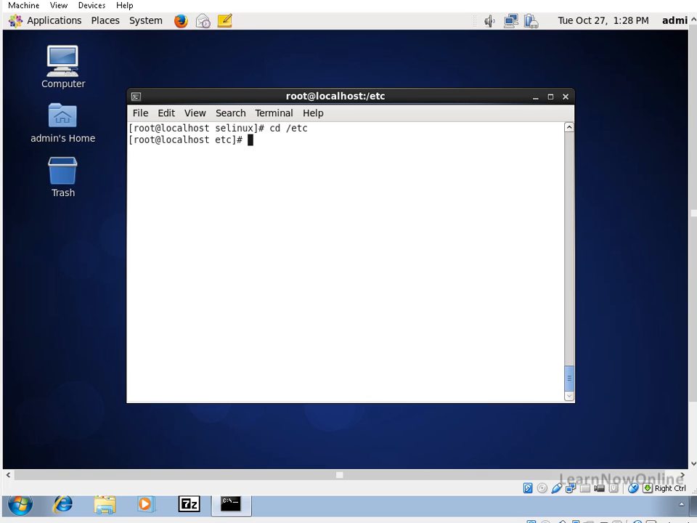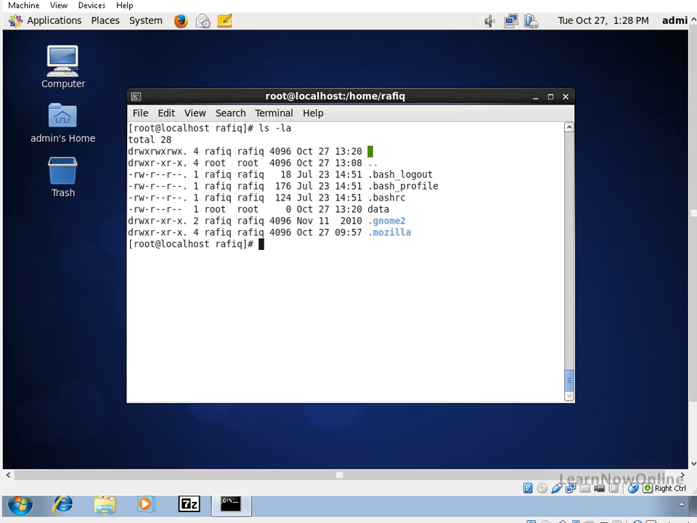Now what I'm going to do is log in as Rafiq, and go to the home directory, the home Rafiq directory. I can see that there is a data file, 0 bytes, that is not hidden. The other files over here are hidden. The data file is not. Also, Rafiq has a specific password that I'm not going to tell you right now,